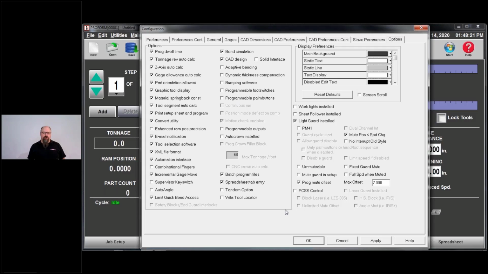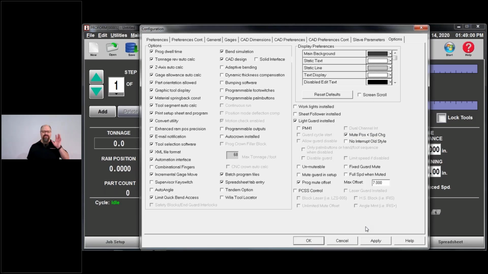If you are in manager or above at the machine, you do have the ability to modify some of your light guard settings. But again, this is only going to be manager or above. All right. Be very cautious about modifying any of these numbers. Anything you change here does change some of the safety profile of your machine. So you're going to want to be real careful about changing any of those. I would talk to my safety guy. I would talk to us if you want to make any of those modifications, unless you know what's going on. But again, be cautious about that.